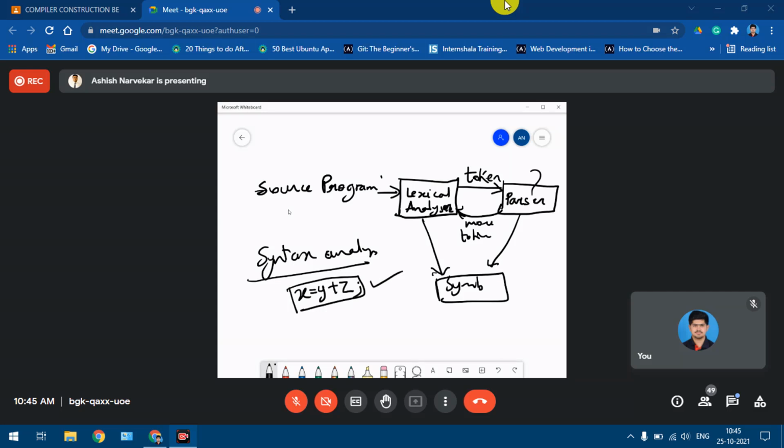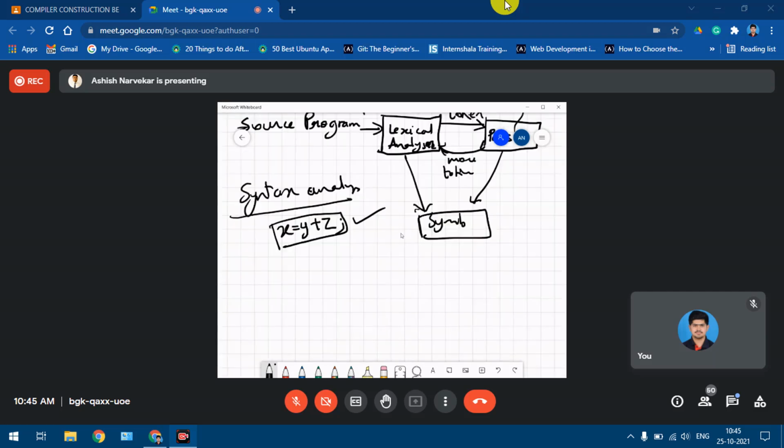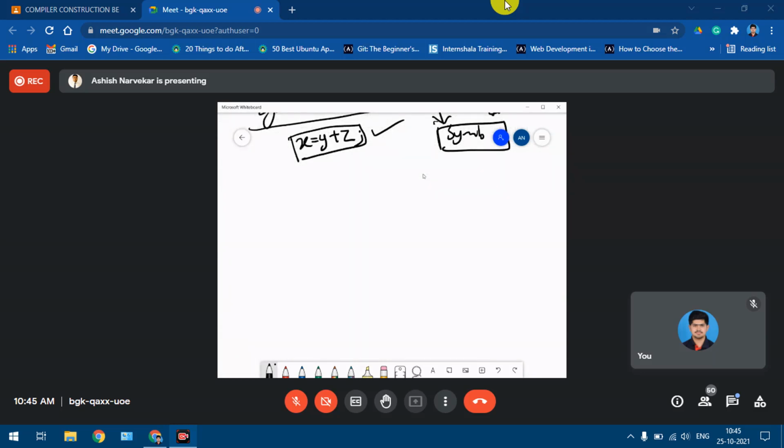In order to understand those rules, what we need to understand is the context-free grammar. That's why the grammar of the programming language comes into the picture. It's as simple as the example I had already taken in the initial classes, where we discussed the phases of compilation in general. For example, if I want to ask you, how are you? This is what I'll probably type in the chat box, or ask you directly: how are you?